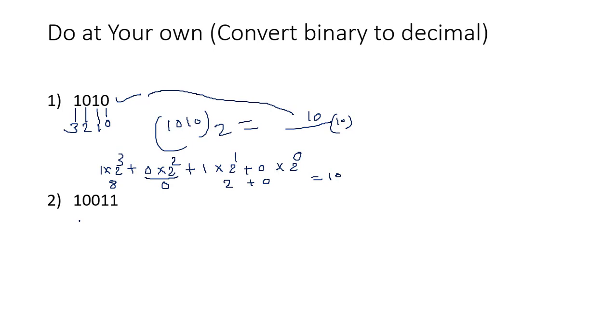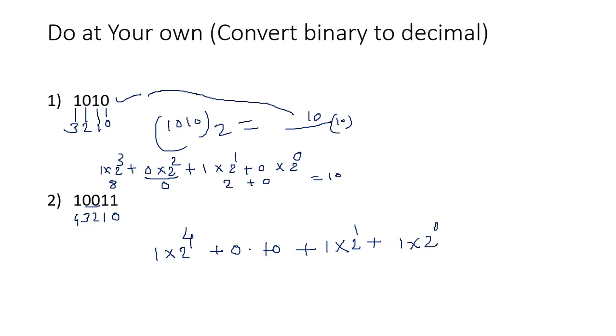Right? Same thing, let's say you have been given this number in binary. You need to convert it into decimal. What you do is start writing the positions: 0, 1, 2, 3, 4. Right? So what do I need to do? 1 multiplied by 2 raised to 4. Now please understand, when my multiplier is 0, I can directly understand that it's going to be 0, so I don't really need to write that. I am writing here 0 plus 0 because this 0 will convert the term into 0 anyhow. Plus 1 cross 2 raised to 1 plus 1 cross 2 raised to 0.